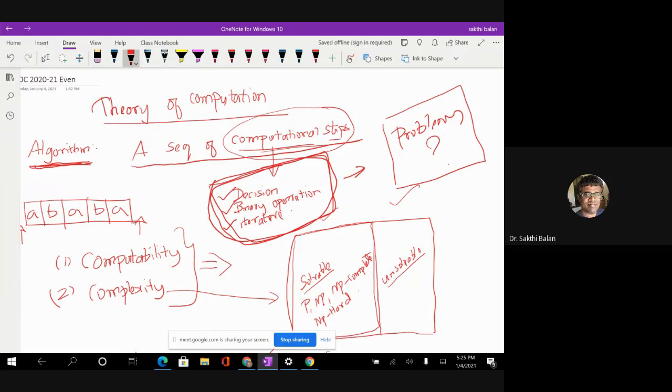What are the problems that I can solve? That is a very basic question. If you go back to the era of maybe the 1950s, 60s and 70s, before electronic computers came into the picture, if you are in that era,